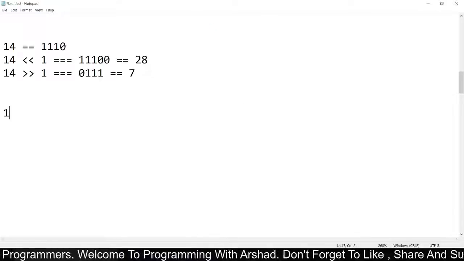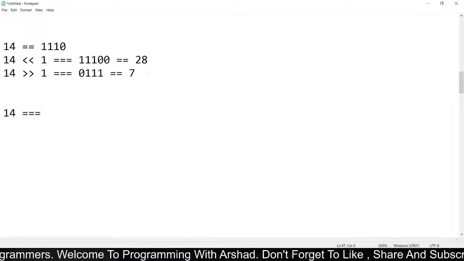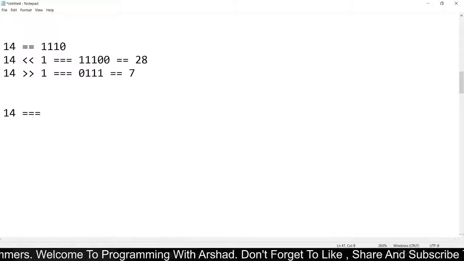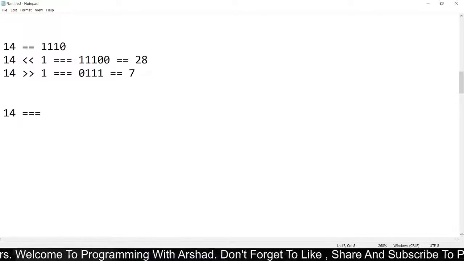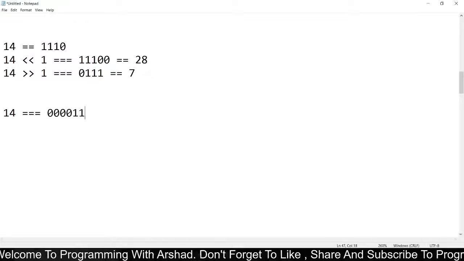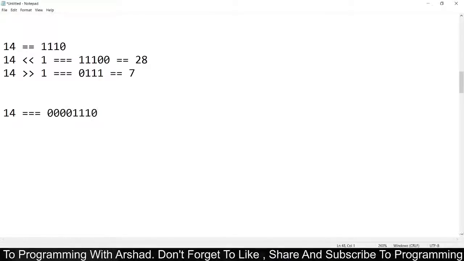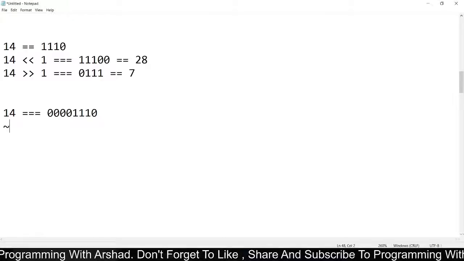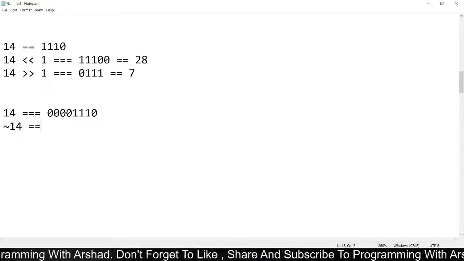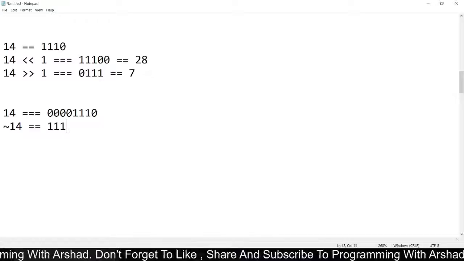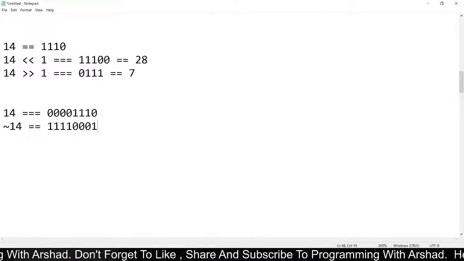For decimal number 14 the equivalent binary number is 1110. As it reverses all the bits, the value of negation 14 is 11110001.